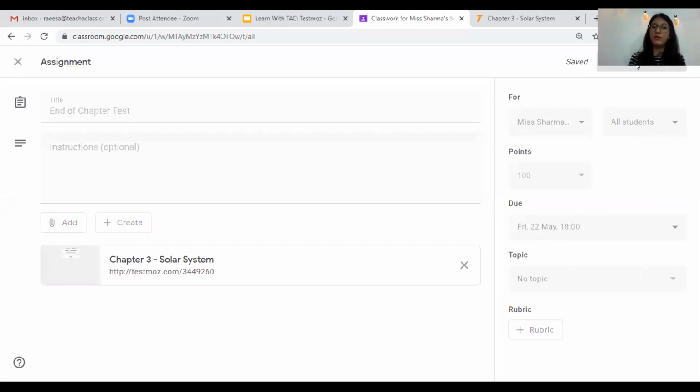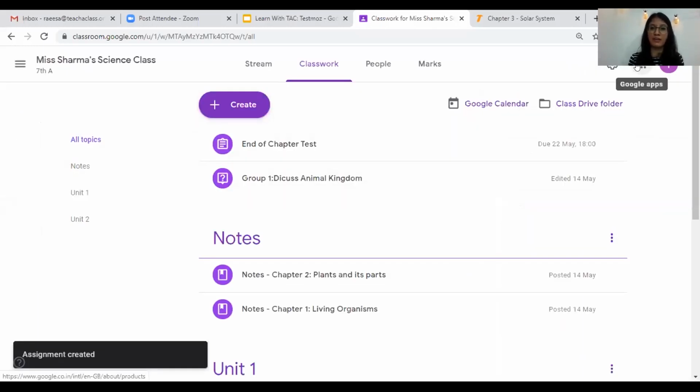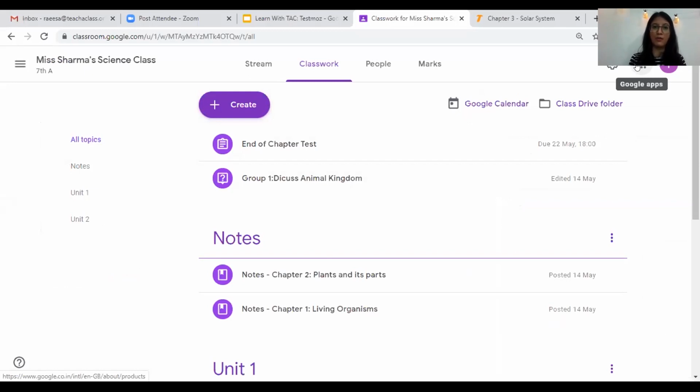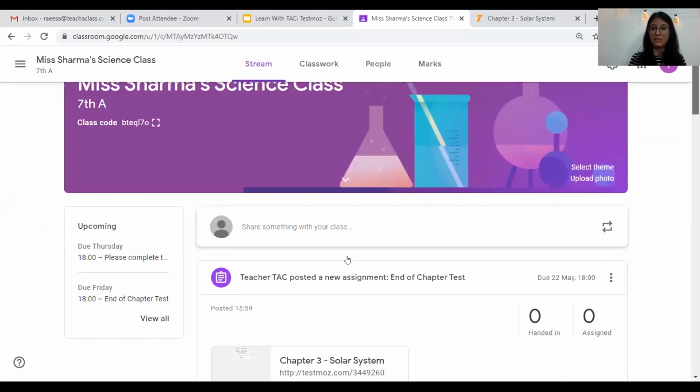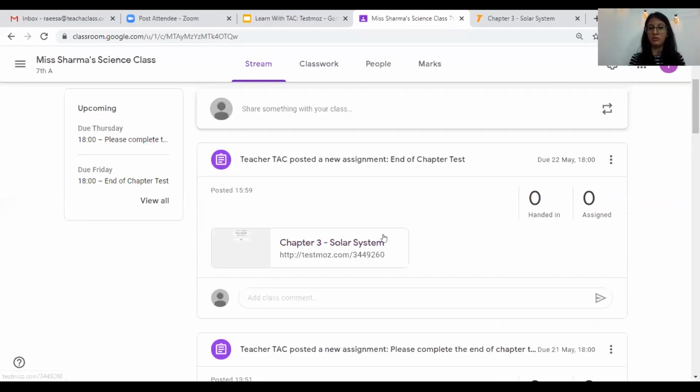Now, if you do not know how to use Google Classroom, we are conducting a class on Google Classroom on Thursday. Kanvi will share the link to the form for signing up. Please do attend that class and we'll take you through Google Classroom there. Now here it will show up in our stream tab. This is the link which all your students are going to use to access the test. Before I go to the next segment, that is what the test looks like to our students, I'll pause for questions.